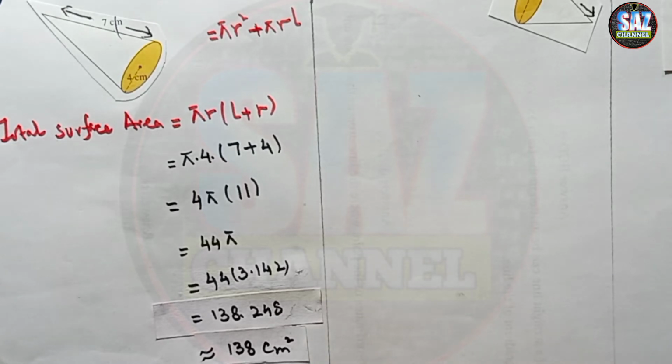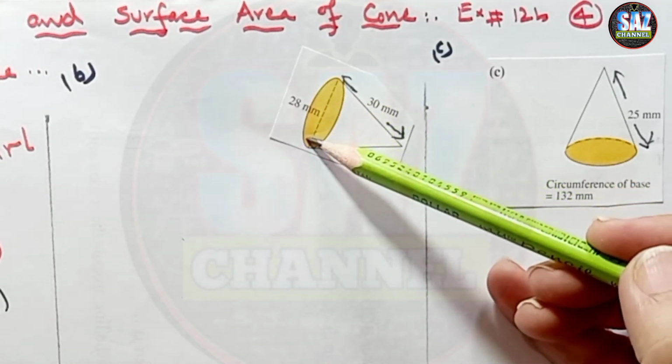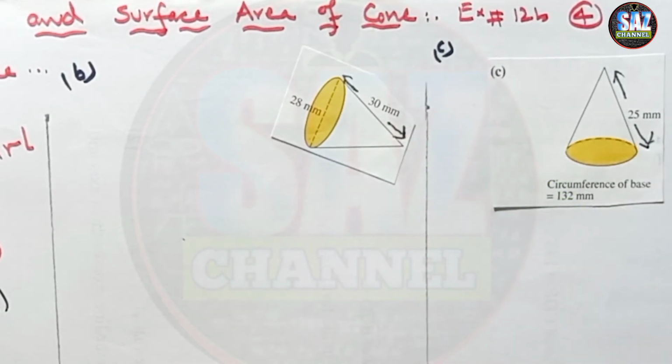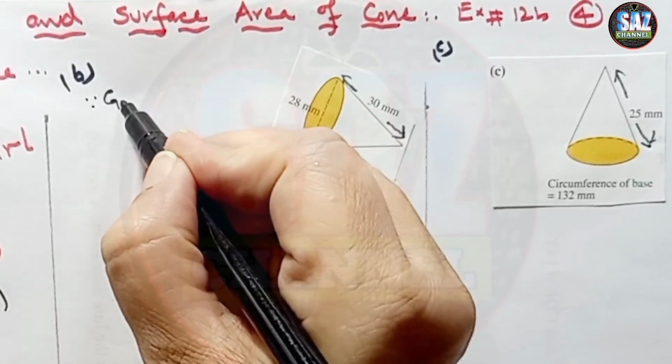I hope really easy question. And let's move to the next part of the question. And if we look at the diagram in the next part, we are given with the diameter of this cone, which is 28 mm, and the slant height is given. As we know that the formula for the area requires the radius, so recall the relationship between the diameter and radius, because the given diameter is